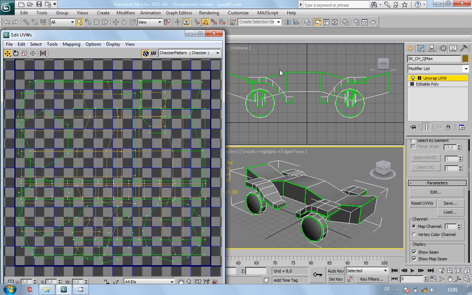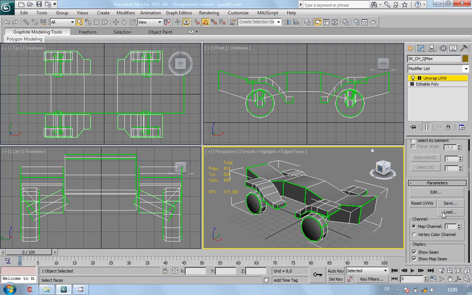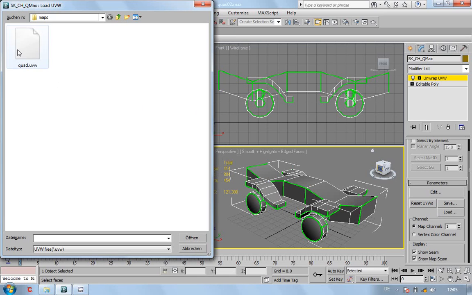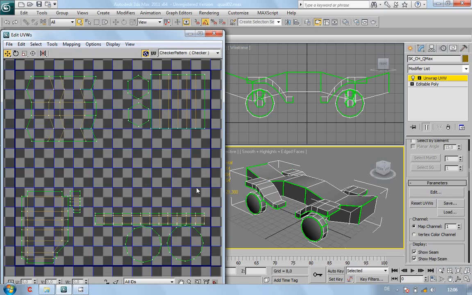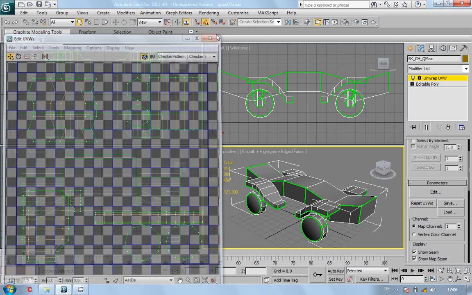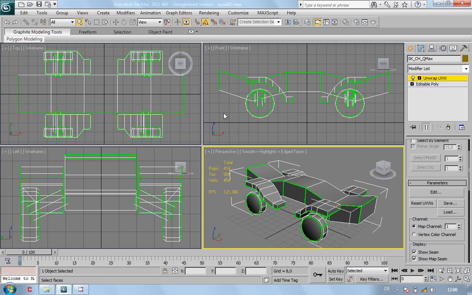So all we have to do now is go on to load that quad UVW file, open. Now if we go on to edit, it's like that now. Smashing. Are we there yet? Very, very close. So then you go back to your